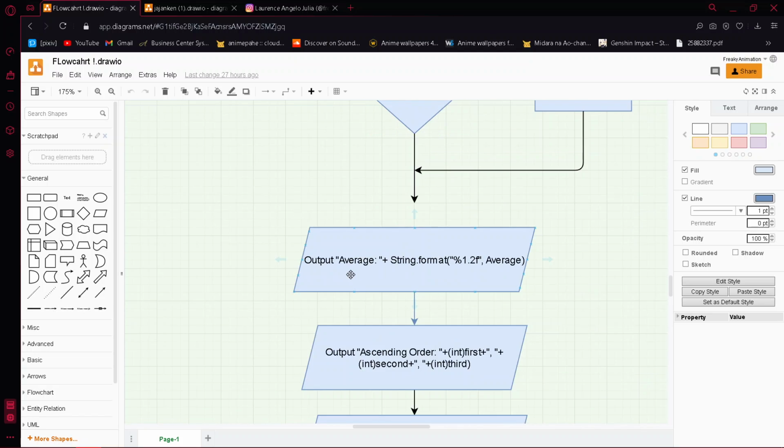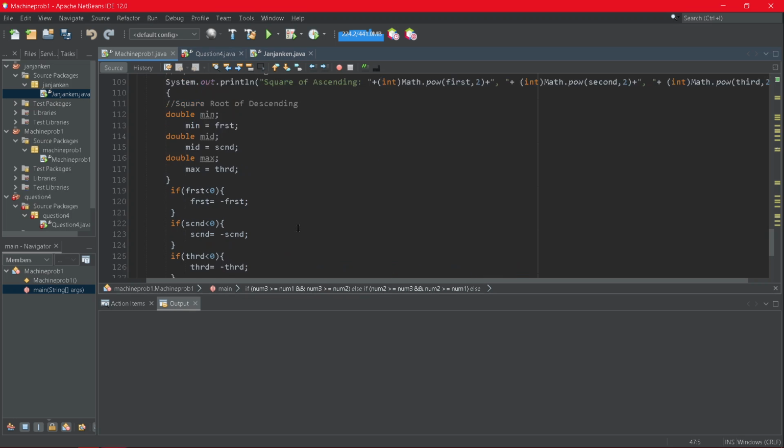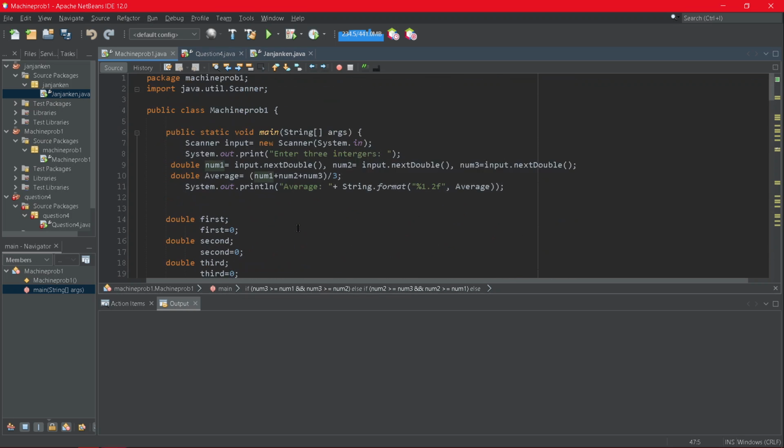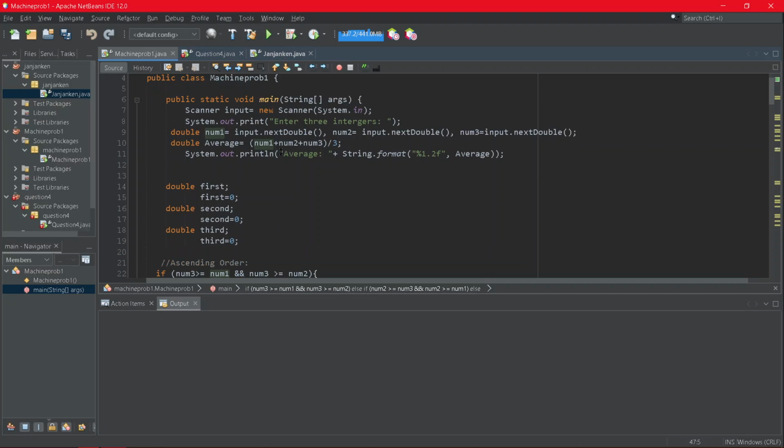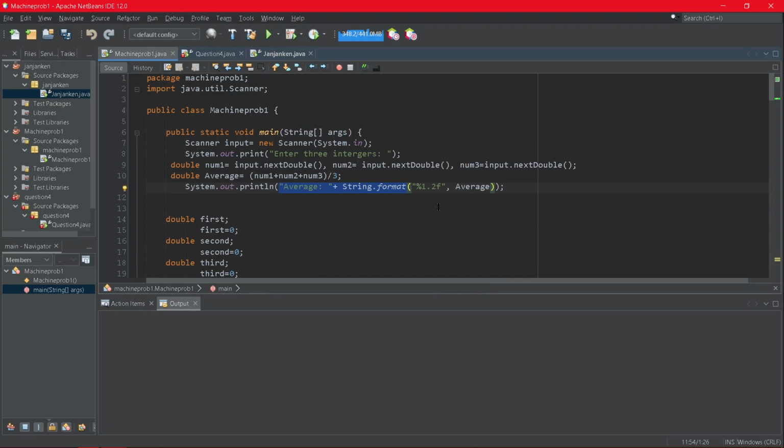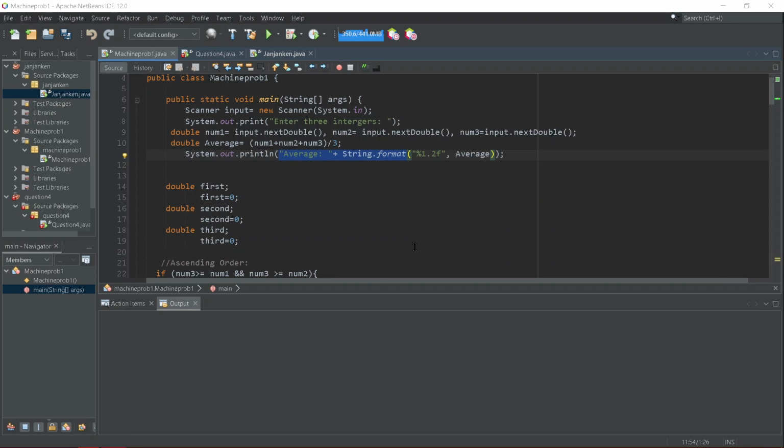Average, the string format, is also given in the code: average plus string format, then percent of 1.2 and average.